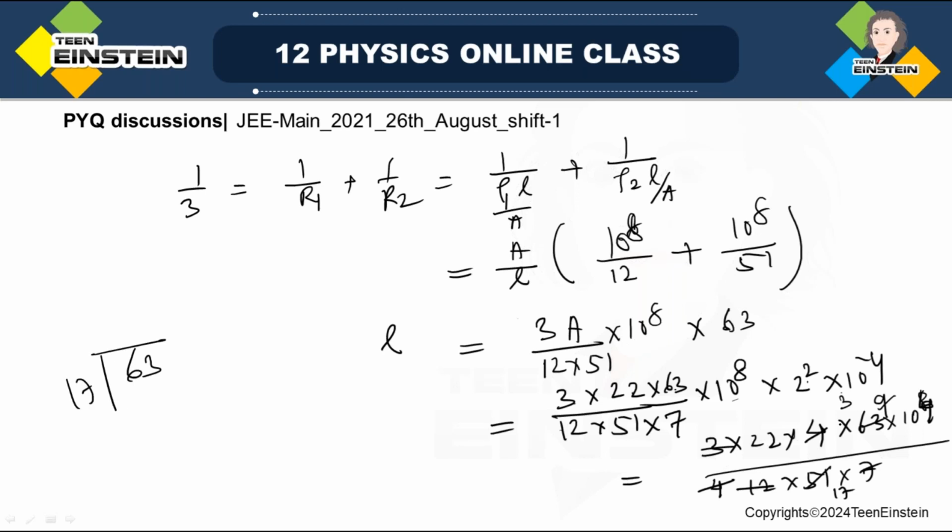Okay, 63 by 17. I'm sorry, this is 66, 66 by 17. This will give you, okay,